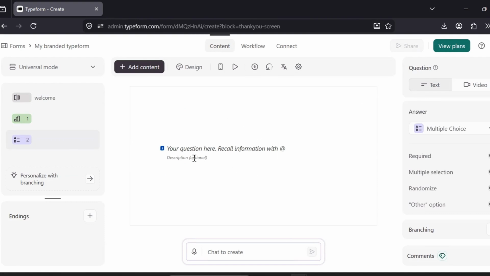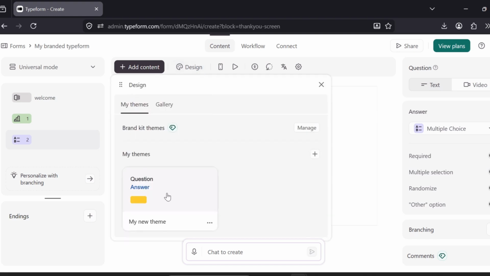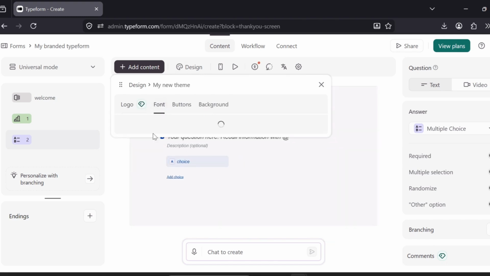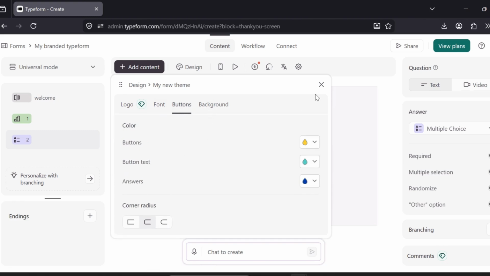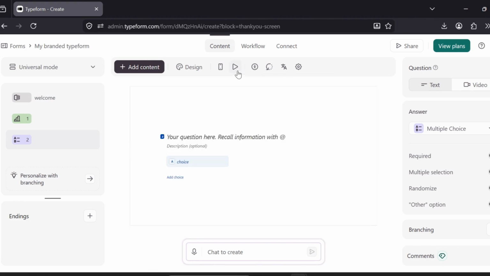Before publishing, always test your form in preview mode. Make sure the flow feels natural and all questions are easy to understand on both mobile and desktop. If you want to organize responses better, connect your form to tools like spreadsheets or automation platforms to track feedback